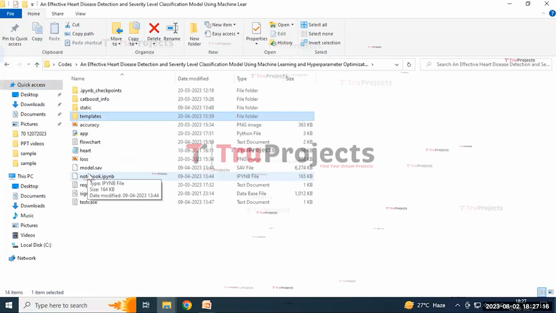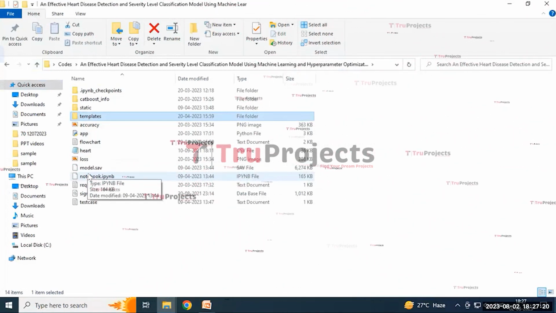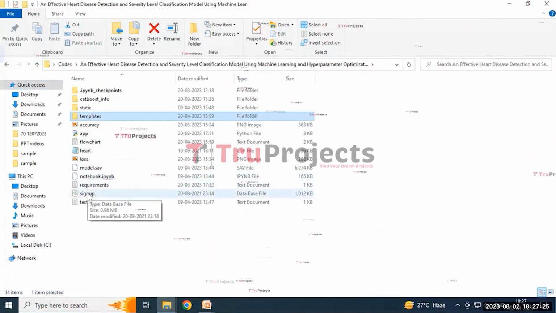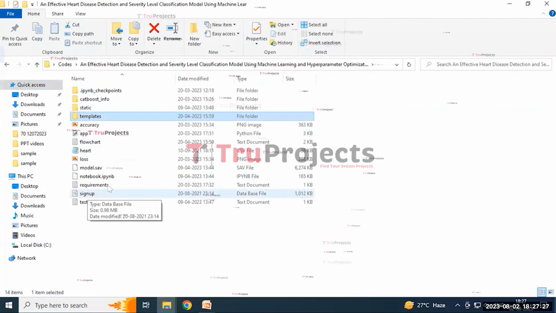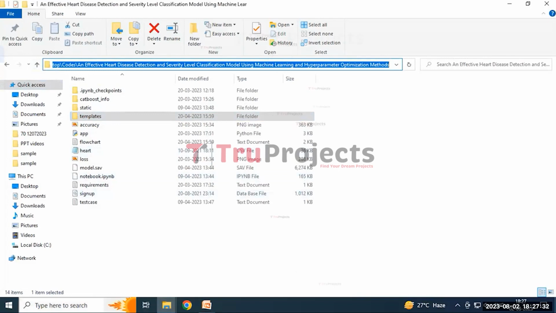It allows the user to write and execute the code in individual cells, making it a popular choice for data science. And the signup.db file appears to be the database file used to store the user information. For the execution of the project, first we need to copy this code folder path and then open